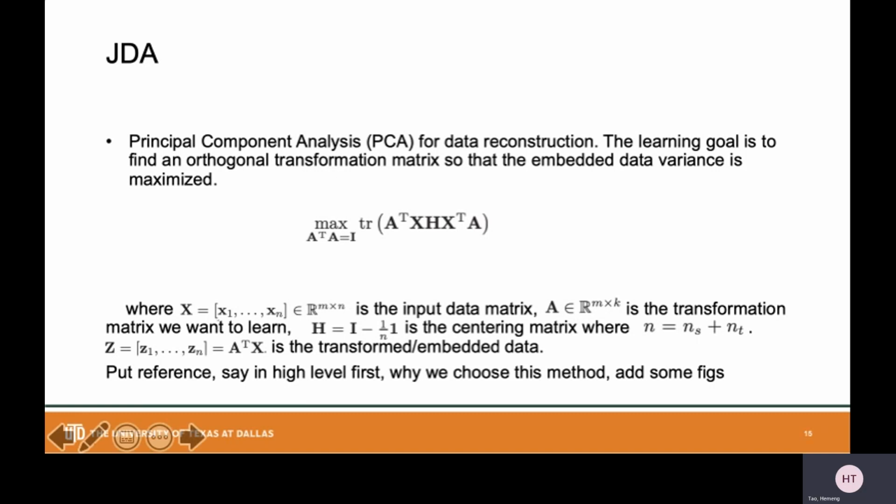So here you can see X is the input data matrix, which is an M by N dimensional matrix. Here M is the dimension and N is the data size. A is a transformation matrix we want to learn, and K is the dimension of the latent feature space.